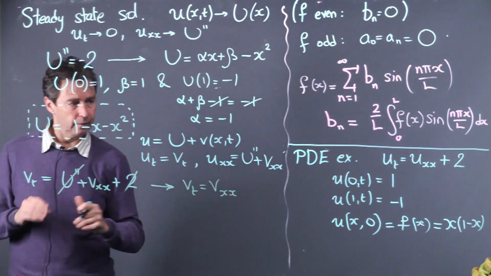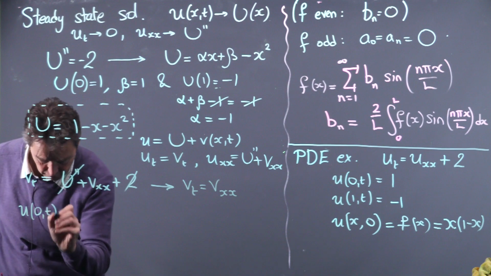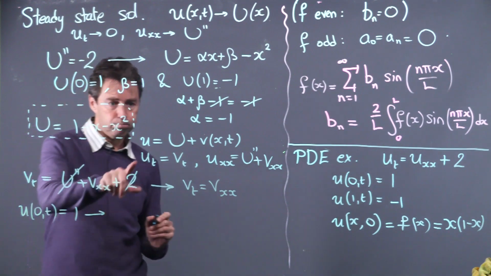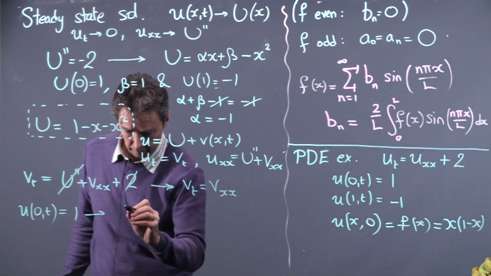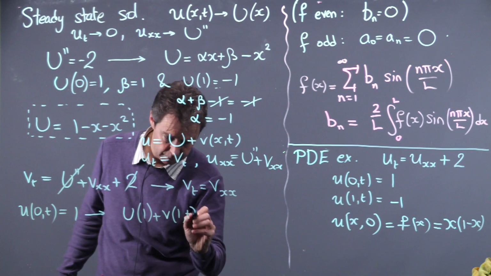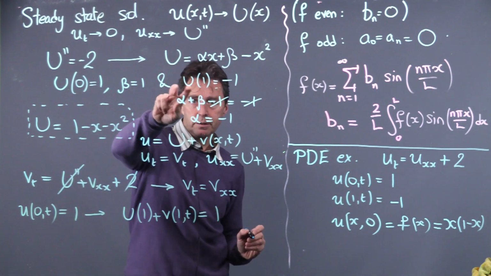Then I have that at x is equal to 0, u has to be equal to 1. So now, putting this into there, I find that big U of 1 plus v of 1 and t is equal to 1. But I've applied the condition already that U of 1,